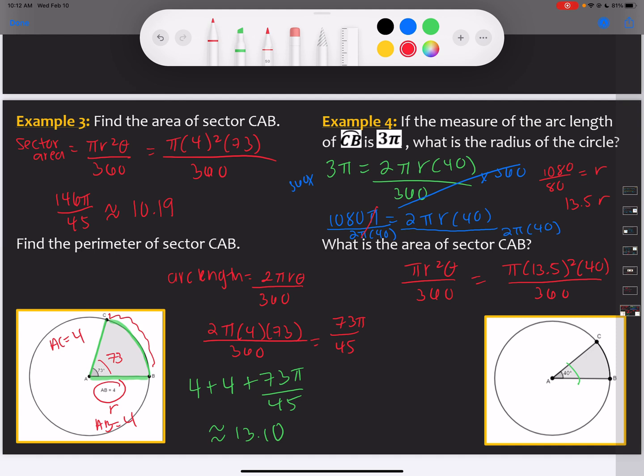And that's just going to give you pi times 13.5 squared times 40 over 360, which is 63.62. All right, so that's kind of just arc length, sector area, not too difficult. Make sure that you are practicing and asking